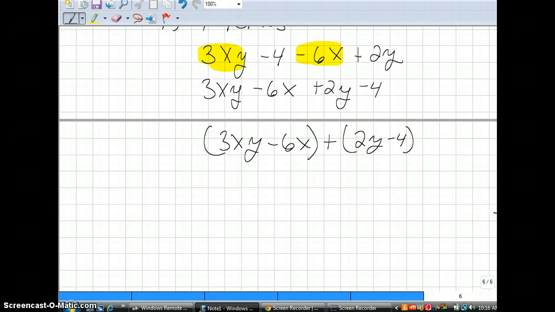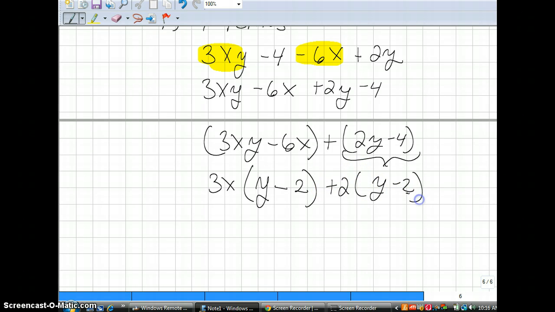In the first parenthesis, is there a common factor? There's a common factor of 3x. If I factor out that 3x, it leaves me a y minus 2. In this parenthesis, is there a common factor? There is. It's a 2, so I factor out the 2. And then I see, remember, if it's in parentheses, we treat it like it's a single number. Now I see that I have a common factor of y minus 2. So I factor that out,